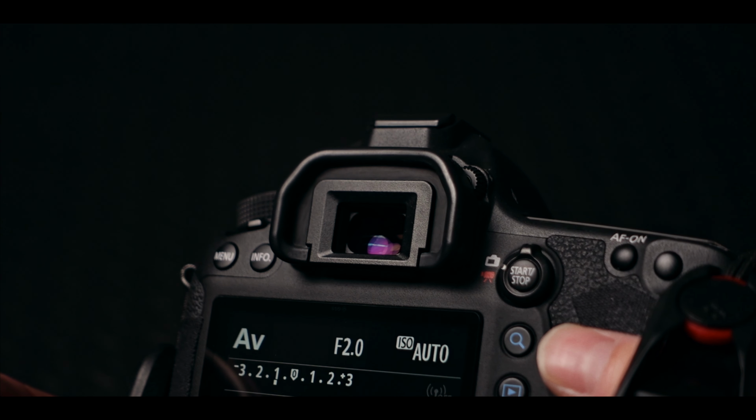So when you put the camera onto your face, it's not going to switch to the EVF. There are pros and cons of this kind of setup. The pro is, of course, it's faster, so it does not have to wait till the EVF kicks in. But the con is, as I said before, no exposure display on the OVF. It will look perfectly exposed because it's your eyes doing the exposure looking at the OVF. But for me, it's kind of a disadvantage because I was spoiled by the EVF on a lot of newer